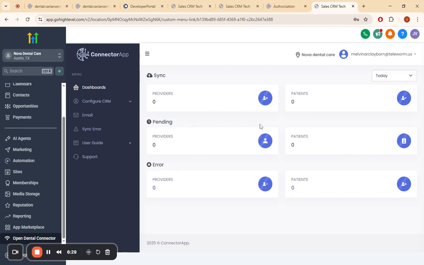And if there are any issues with a record, supposedly if the email is not proper, then that record will not be accepted by GHL, and in that case we will be able to see this by clicking this, and we will have the details of the patients and providers which have not been synced. So yeah,